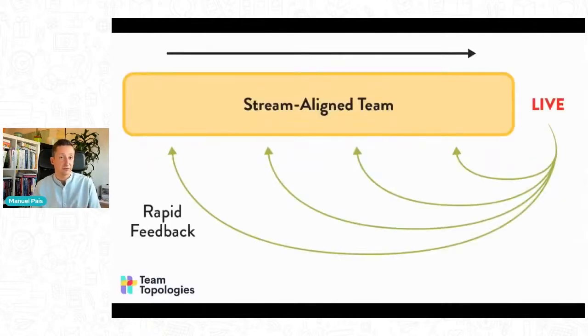What we would like to have, ideally, is streamlined teams, as we describe in Team Topologies. So a streamlined team is one team that has end-to-end ownership of a service. That means they will be able to take input from customers, what customers need, and feedback from the running system or service, and understand what do we need to do next? What do we need to change? What kind of experiments do we need to run to maybe try to change the user behavior, maybe to increase retention, increase sales, whatever it is that the business cares about.